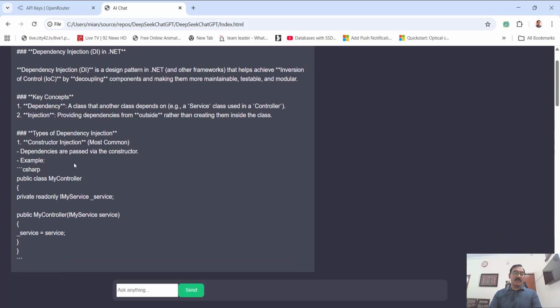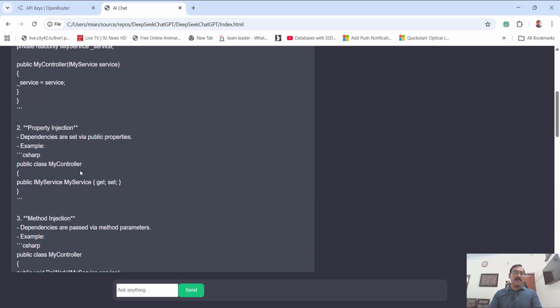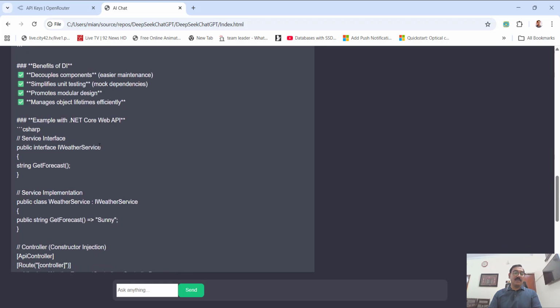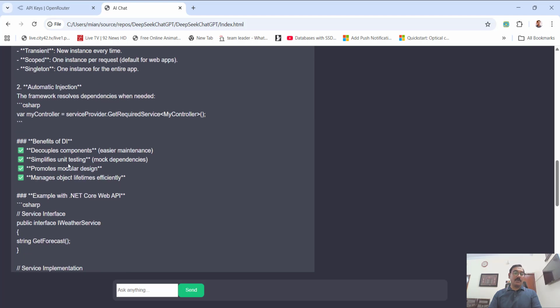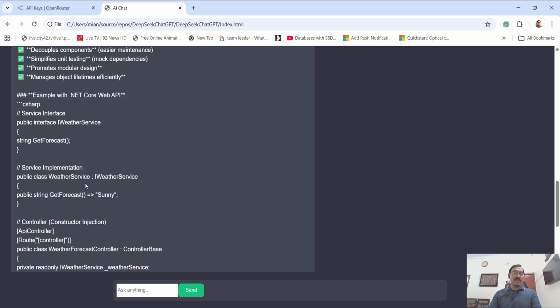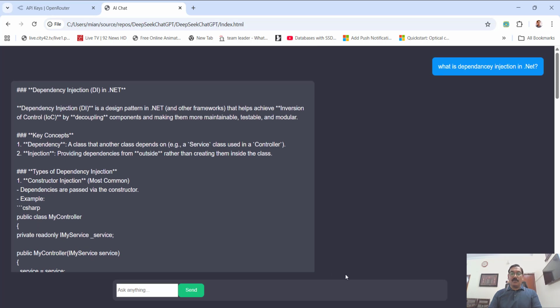So see, this is our ChatGPT. In the same manner as ChatGPT gives us the answer, I'm getting the same answer with all those code snippets, all those benefits, and whatever explanation is required. It is doing the same. So let's move to the .NET